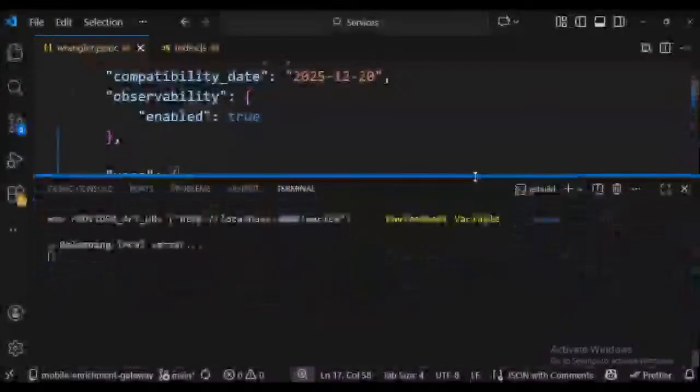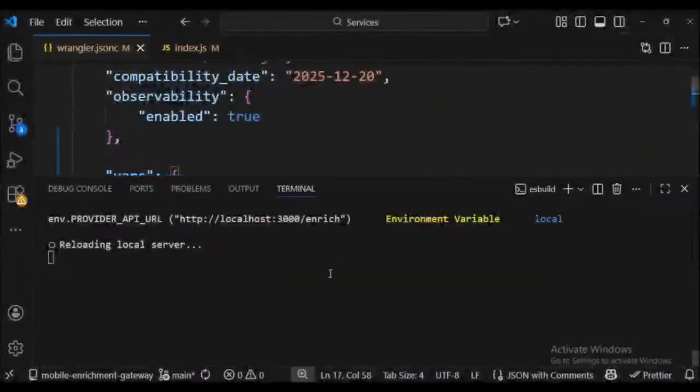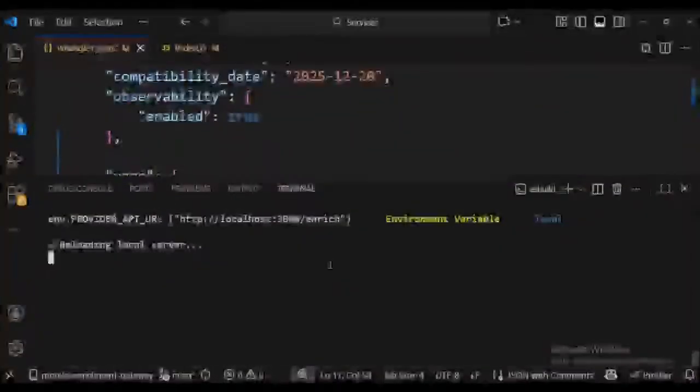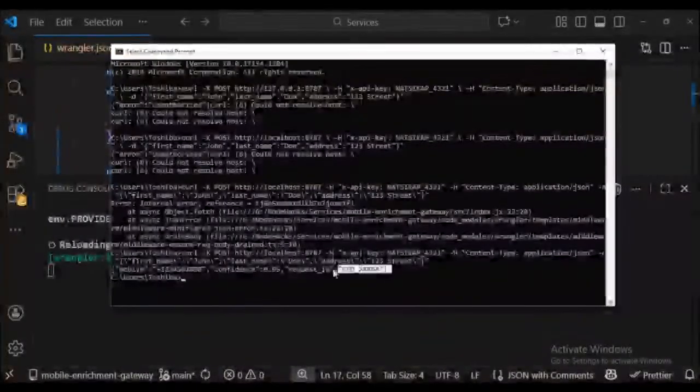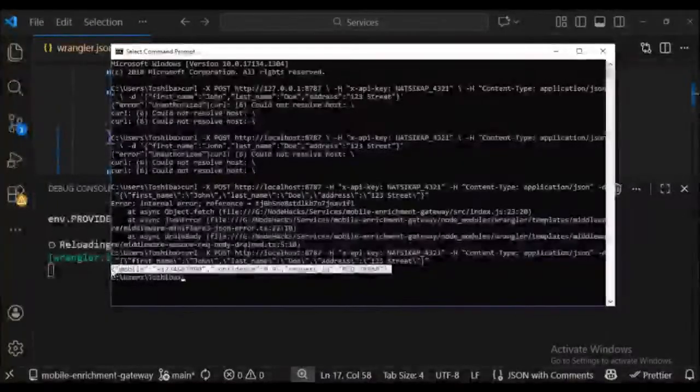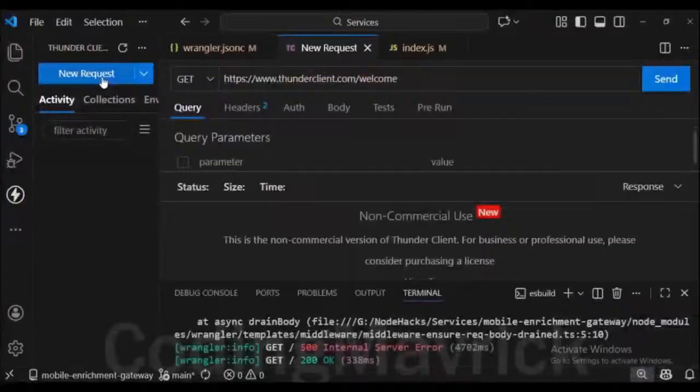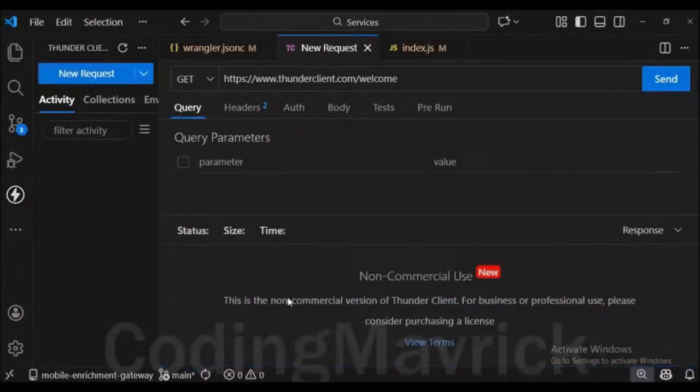Again, restart the gateway with dev server. Now inside the command prompt, execute the curl command again. And viewers, you can see it has returned the desired response using the complete route of client to gateway and gateway to mock provider. Viewers, we can test the same gateway using Thunder Client, an API testing tool inside the Visual Studio